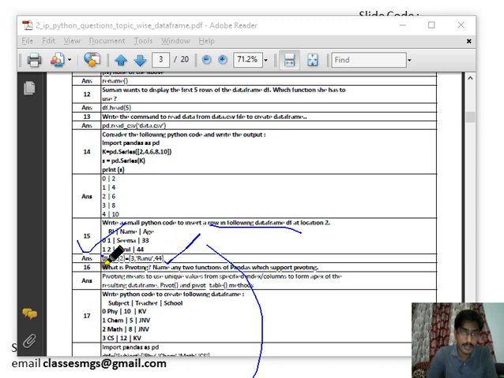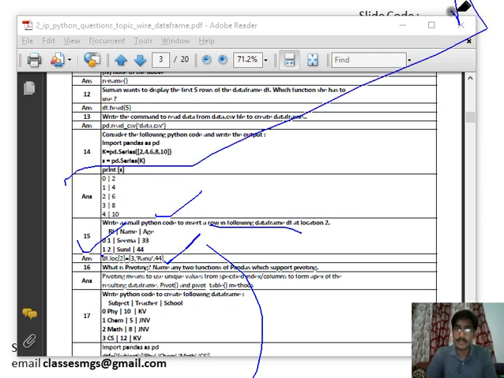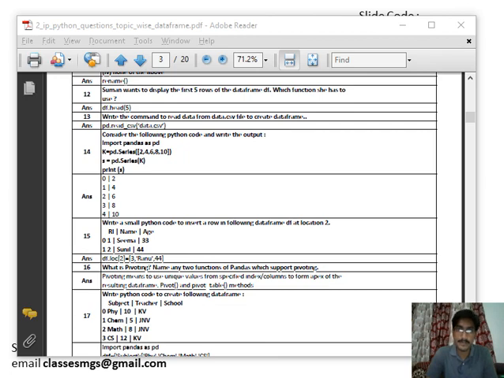We have seen the loc method for adding a new row in the data frame. Just revise the previous one. Let me see the 17th example.